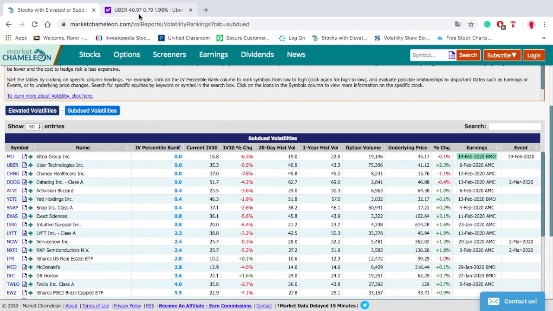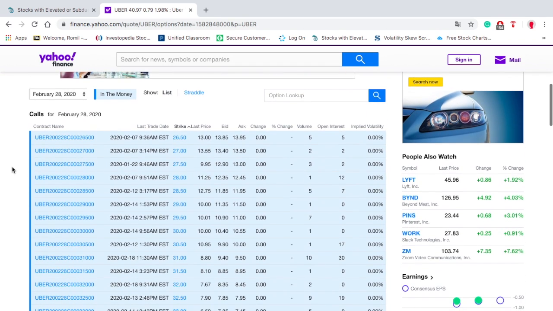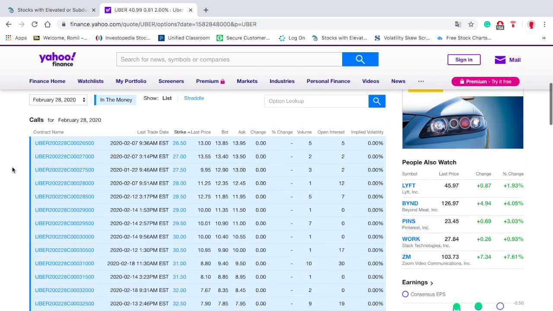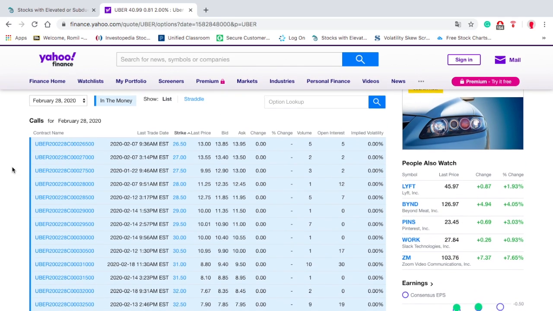So how are we going to come up with a trade like this? Since Uber is a fairly liquid name, we can use spreads, because when something is more illiquid, you like to use naked options so you don't have to pay another bid-ask spread to buy the other option. Here we're able to use spreads. From a non-directional perspective, just betting on higher volatility regardless of what happens to the price, just a long vega trade,